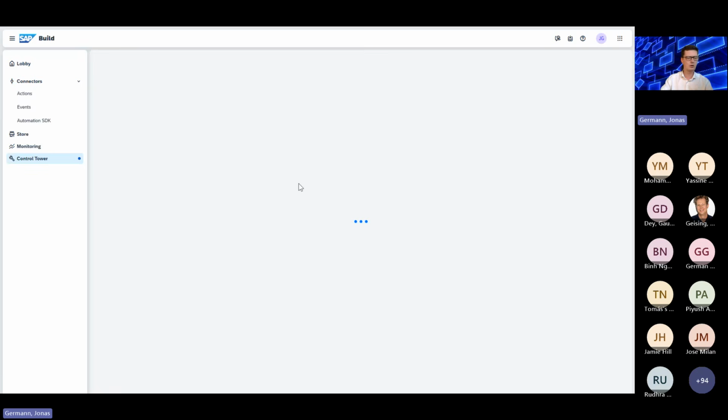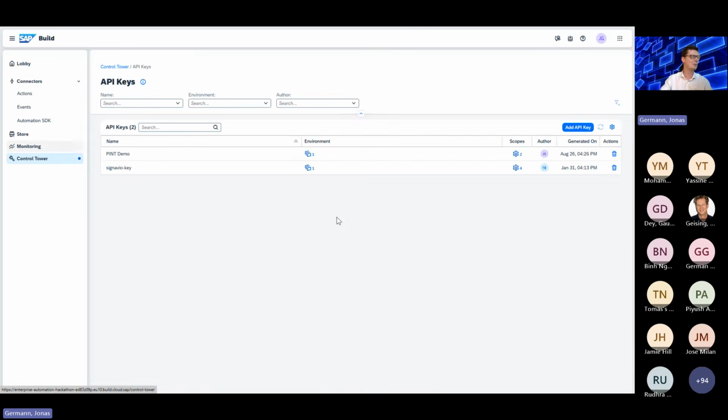So which button you have to click, because when you create an API key, make sure you save it, because it will be only shown once. Otherwise, you need to create the API key again. So in this case, this one here is the API key I created for the presentation of today. You see here, it can execute and read a trigger.